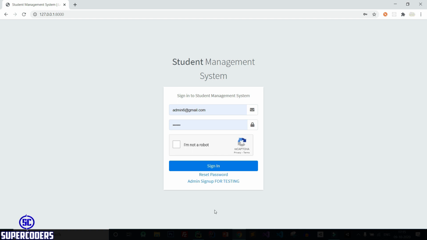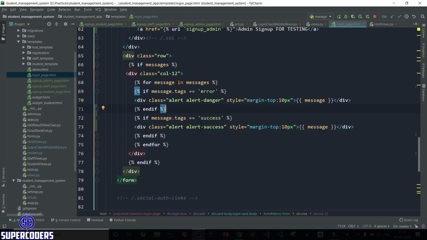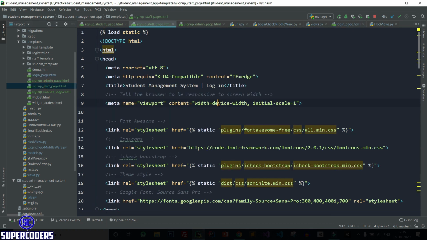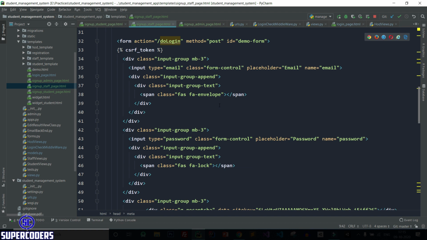Now let's work on sign up for student and sign up for staff. So first let's see back to PyCharm, and let's work on sign up for staff. So here let's see, change this to do sign up staff.